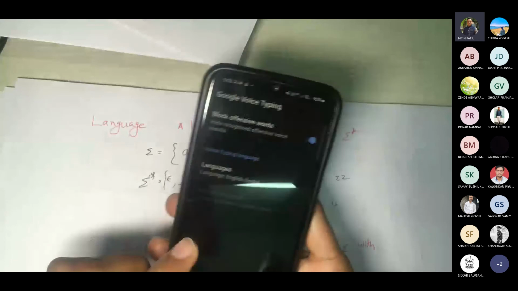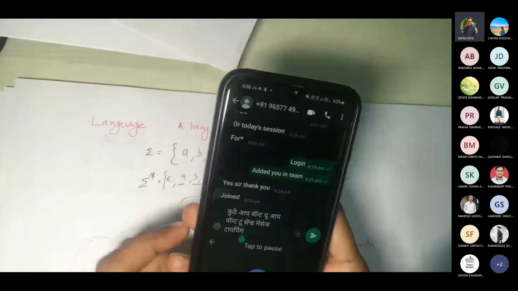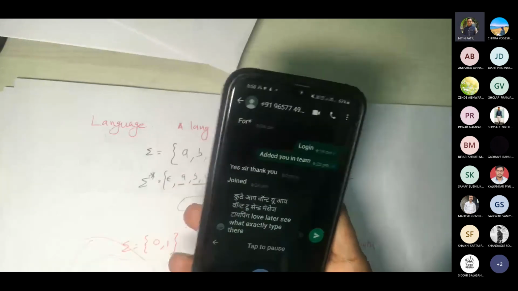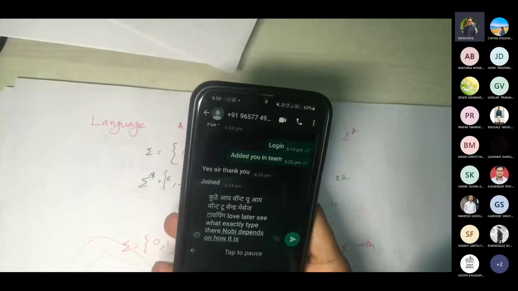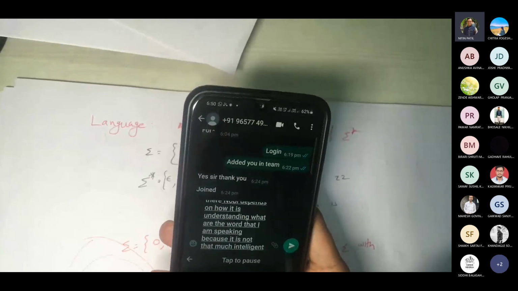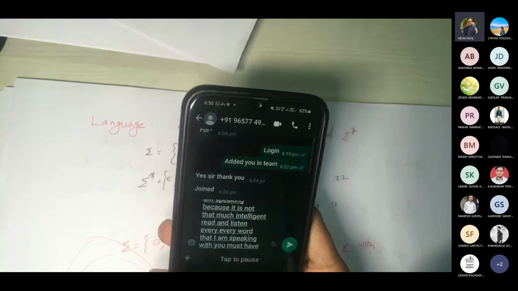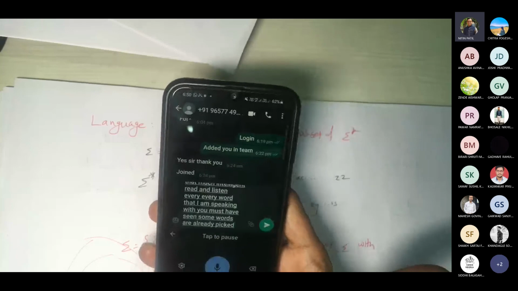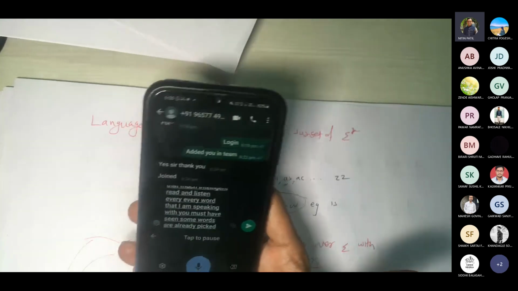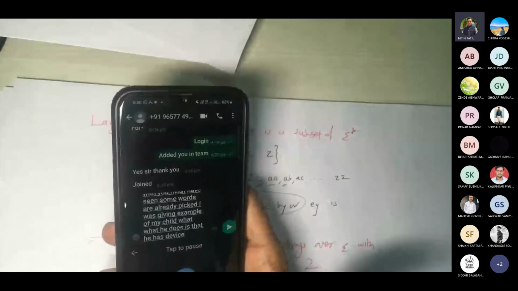Okay, now it would be English. Now let us see what exactly it types there. It depends on how it understands the words I'm speaking, because it is not intelligent enough to read or listen to every word. But you must have seen some words are already picked. What I was giving you is an example of my child. He has a device, like this mobile, and he joins it with a laptop.